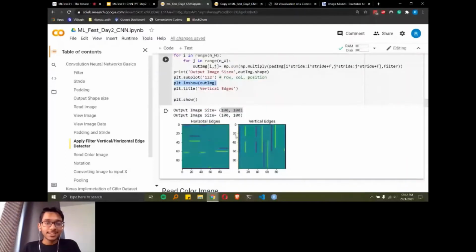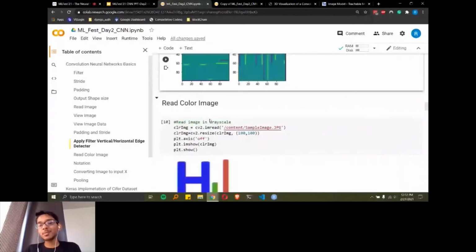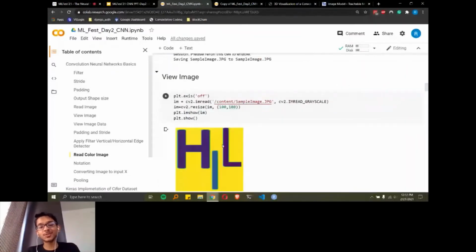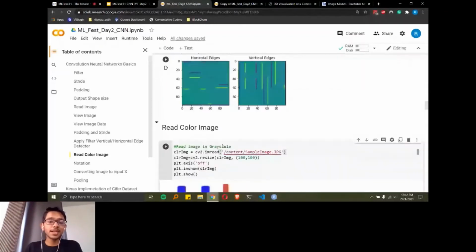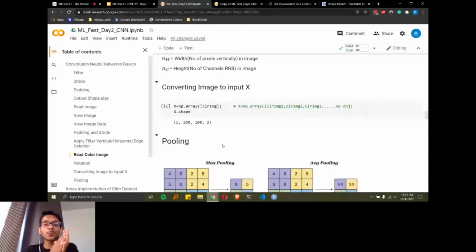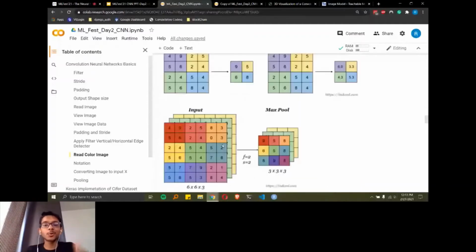Okay, then what we are doing, the same image that we had uploaded, now we are plotting it in RGB color itself. This was the original image, and this is what we grayscaled it, and that's what we got. So that's the difference, but the image is the same. Image is not different. And now we will be working with pooling, how it looks after applying pooling, how the actual output of a pooling layer looks. That's what we are going to look at now.